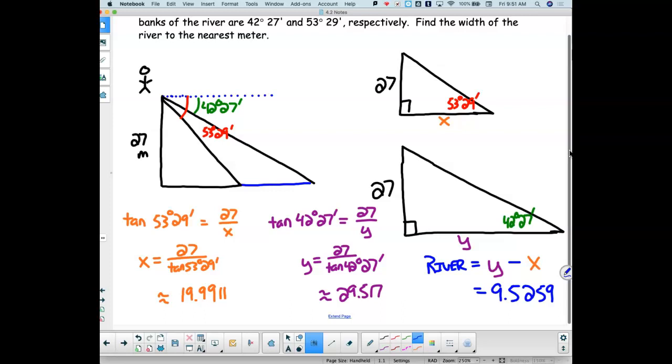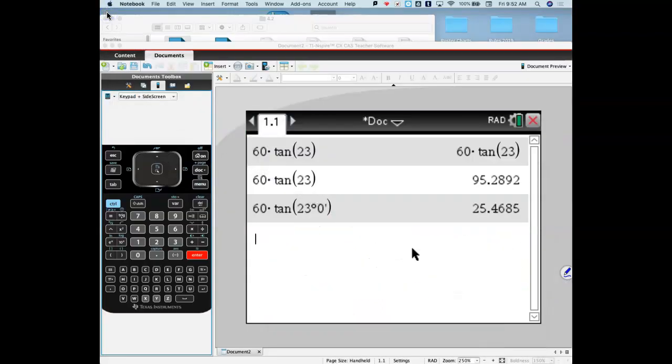On there, you use your degree, minutes, and seconds key. She's got a degree, minutes, and seconds key. On yours, I don't know how you do it. No, you'd have to convert it into a decimal degree. On the Inspires, you have degrees, minutes, and seconds. I just did the number over 60. Yep. So on the Inspires, it's